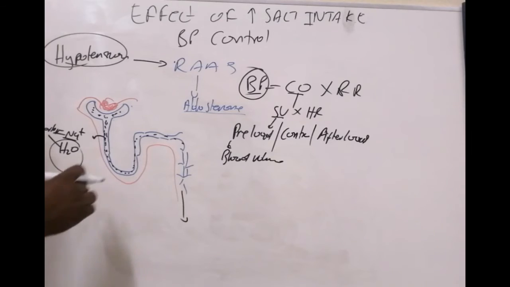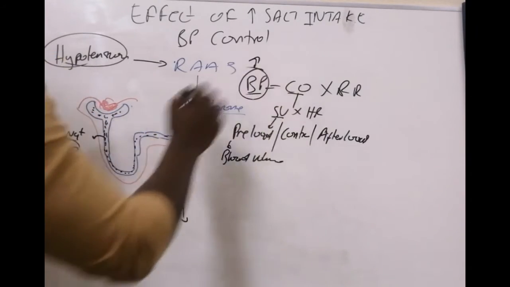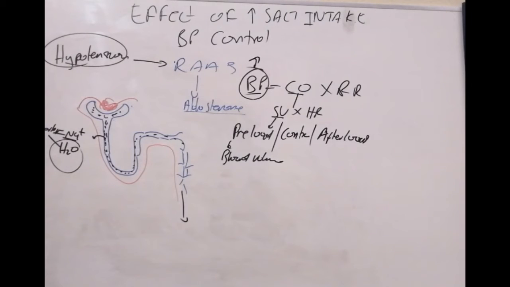If blood volume increases, venous return increases, then preload increases, then stroke volume increases, cardiac output becomes better, and our blood pressure starts to go up or become normal. That's the thinking behind it. So when your aldosterone has been released, it causes reabsorption of sodium, and then water follows,